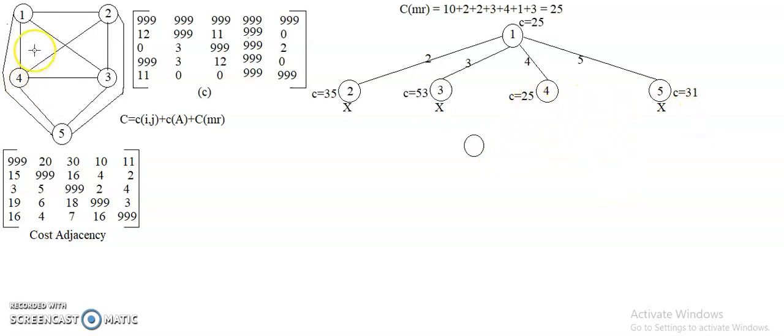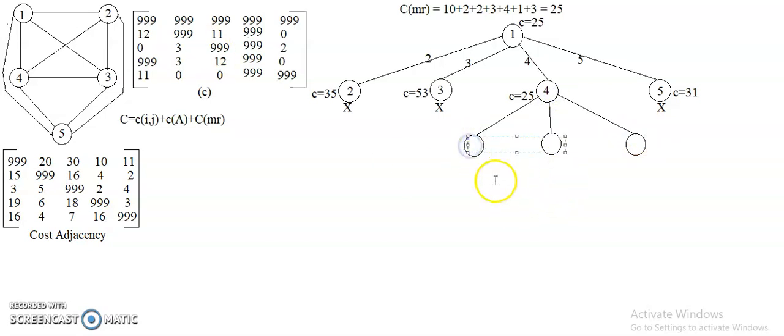We have visited from 1 to 4. Still 3 more nodes need to be visited, so that's the reason I am drawing nodes here.